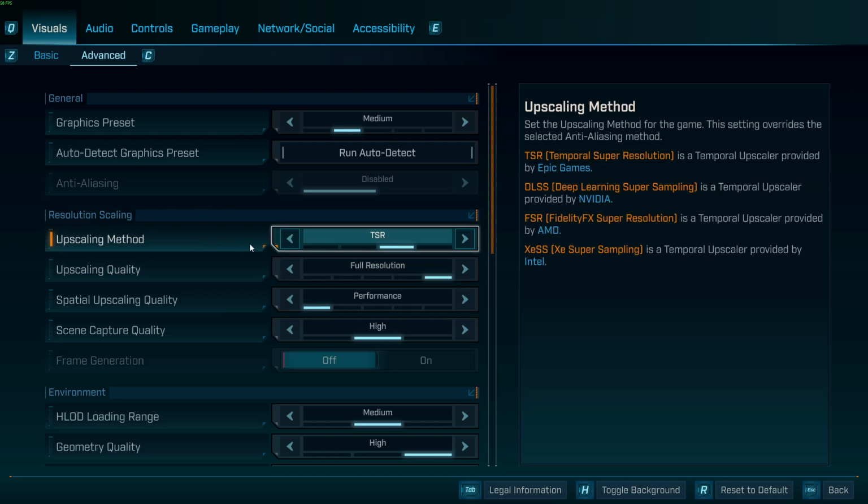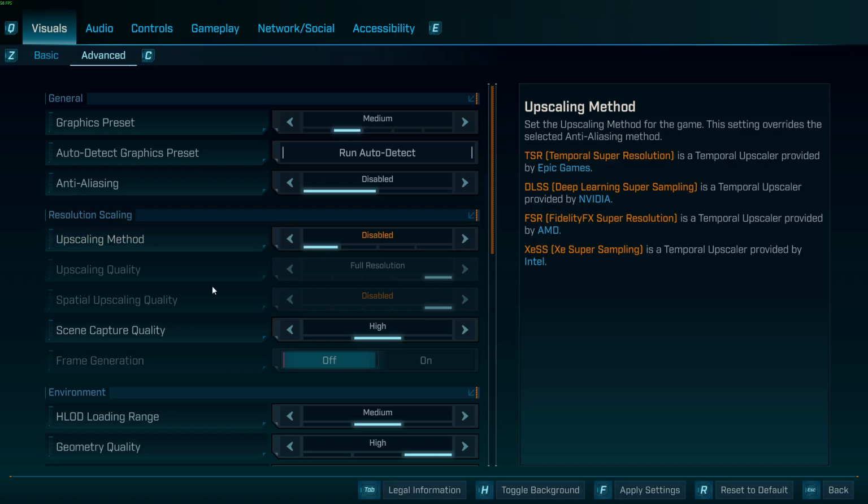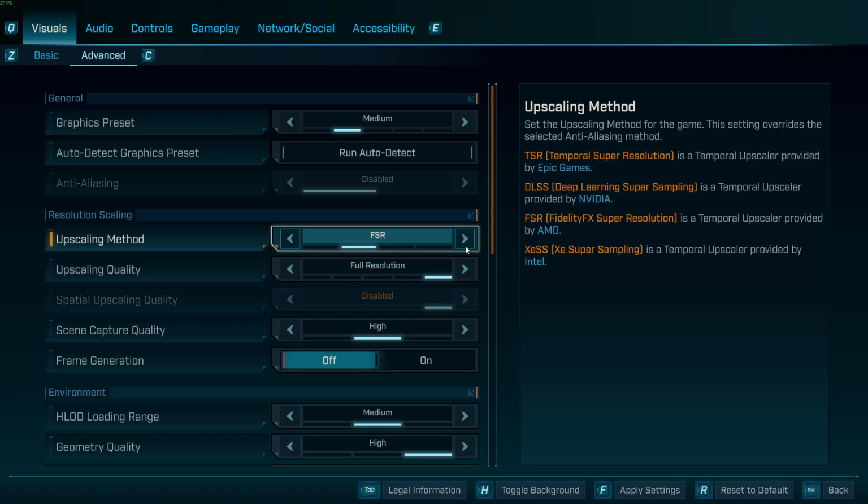So here we have upscaling method. You can change between disabled, of course, FSR, TSR, and XeSS. As you can see here, we have the description of each of them. For example, TSR is an upscaler provided by Epic Games. This one is a temporal